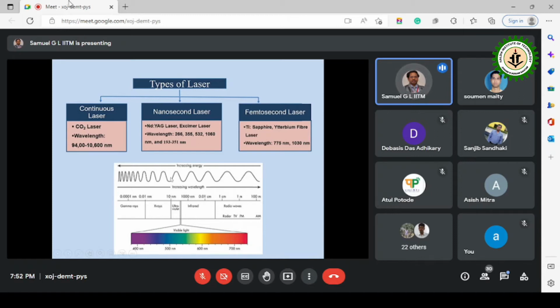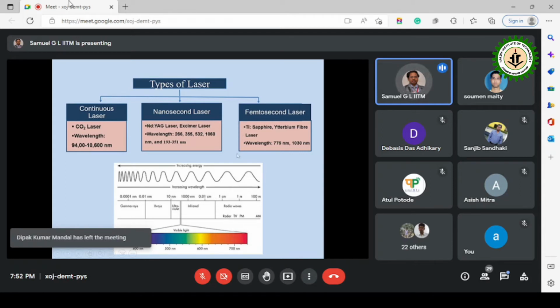But these days, whenever they make an instrument or a machine in an invisible range, they will have a coaxial visible laser light, so that whenever the laser is fired, we can also see the lower energy laser coming, like a red or blue light, and we can know that the laser is there. So lasers come in several categories with several frequencies. And for our machining, we used the latest type, which is called the femtosecond laser.